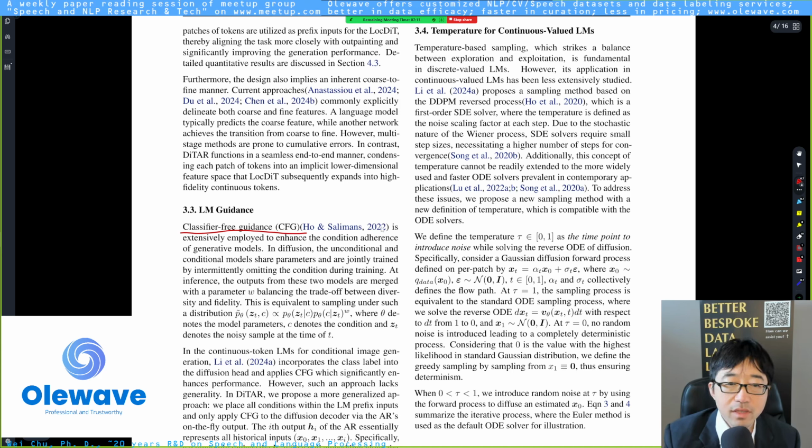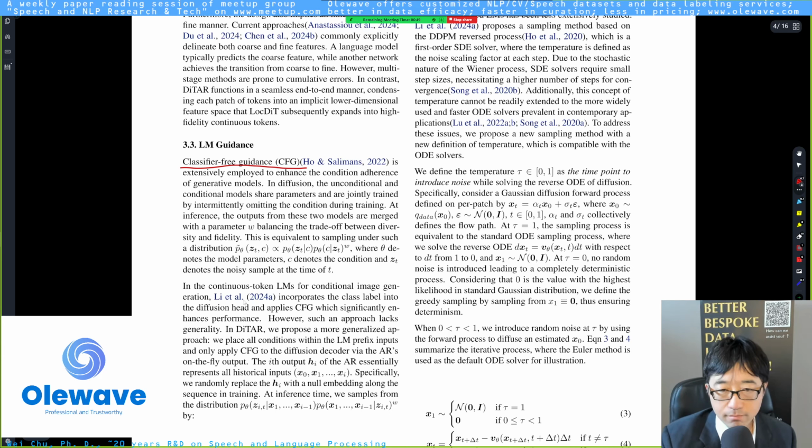But let me start from what the image people are doing. Okay. First, because they're changing the order, they first talk about what they're doing, but they later on mention what people have done in the past. So in the past, these image people used a class label in the diffusion and applied CFG. What does that mean? Suppose they want to synthesize a picture of a cat. They would use, for example, a one-hot embedding or some embedding vector of cat. For example, they have a cat label. This is a cat, one-hot vector.